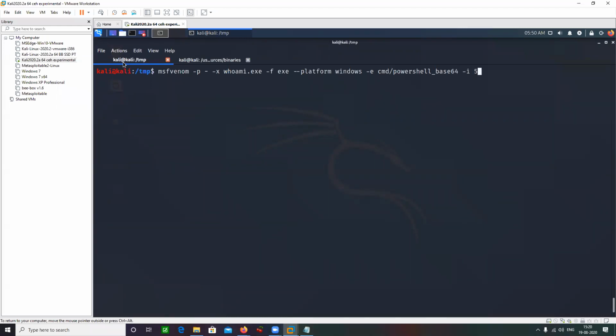Let's go for 5 iterations, and then output this to a file. The file name, let's say, whoami1.exe. This is my output file, and I want to take the input file as the payload one. Its name was ch.bin. Press enter.